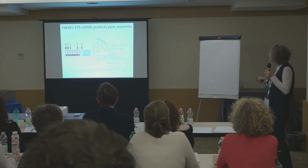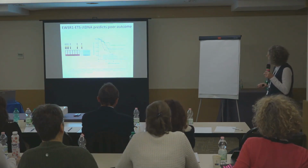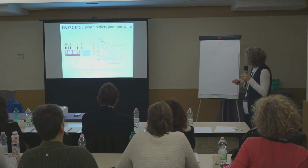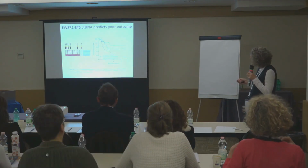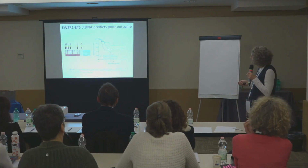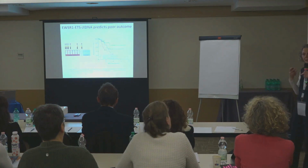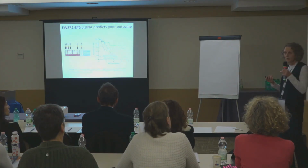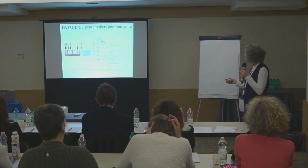And this is just one example of an outcome plot from this paper that was published by this group, led by Marcus Metzler. And you can see here, this line here, where there's very high levels of this DNA. These patients are doing particularly badly compared to these patients where there's low level of this DNA. So I think this is really an excellent example of how you could use this kind of research to monitor patients and potentially decide,